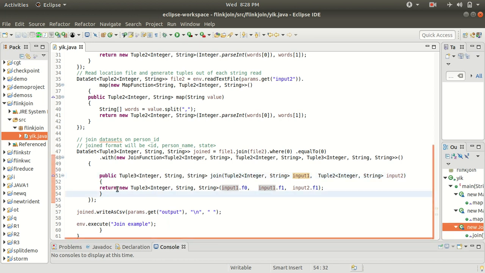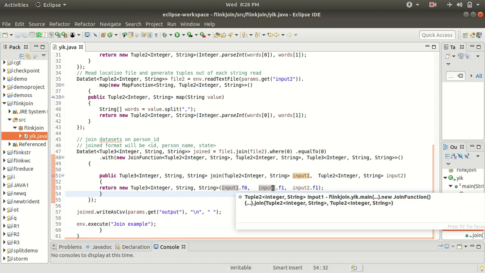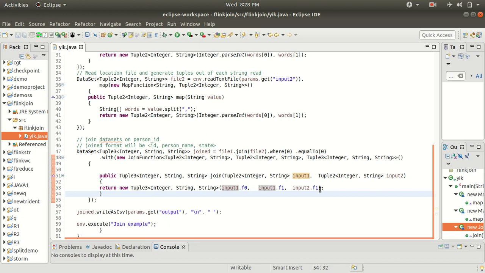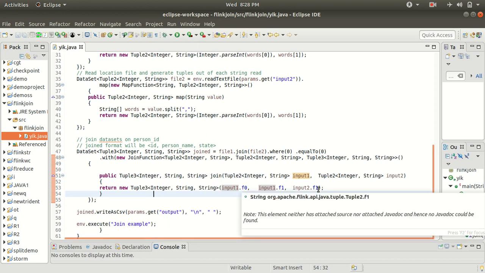We are returning Tuple3, because if you are inputting Tuple3 in a dataset, you'll be expecting Tuple3, of this order only: integer, string, string, meaning ID, person name, state or country. And we are selecting the first column from input1, the second column from the first file, input1, and the second column from the second file.